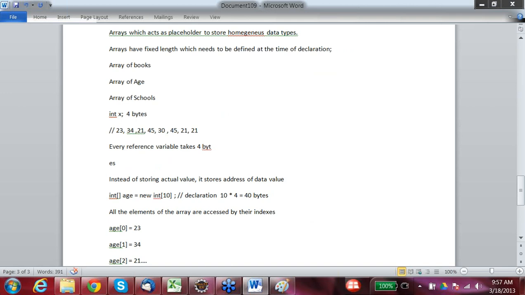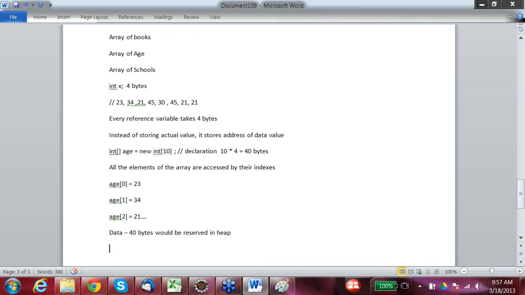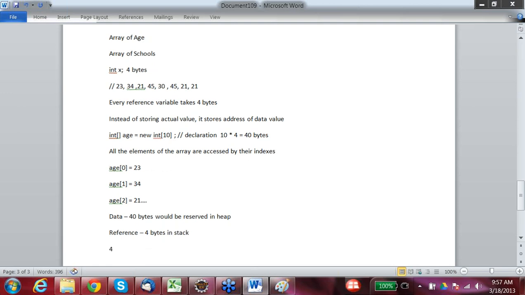So there would be 4 more bytes in the stack. Total 40 plus 4 bytes would be reserved in the memory: 4 bytes for the reference variable in the stack and 40 bytes in the heap.